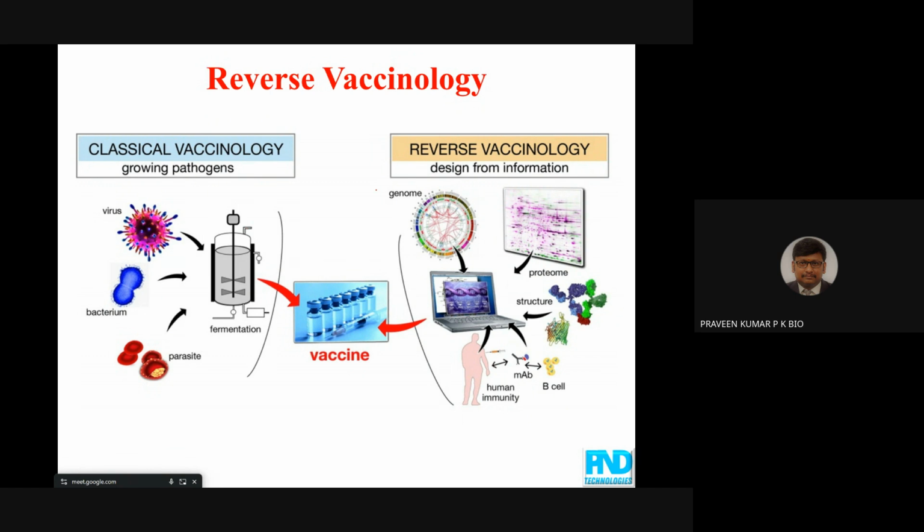Okay, and if you look at reverse vaccinology, this is majorly a computational part, computational informatics. Computational immunology, or immunoinformatics, majorly uses this reverse vaccinology, where we start with existing data like the genome and proteome. In the genome we can see the genes which code for the proteins, and even protein-protein interactions can give some knowledge on that.